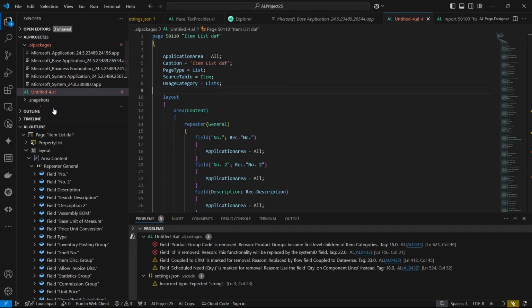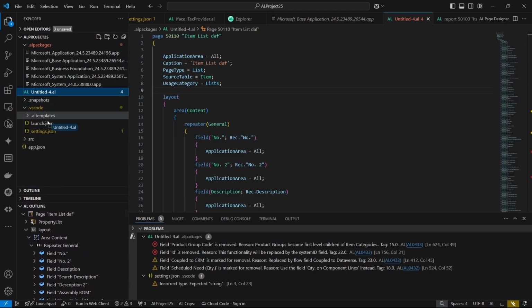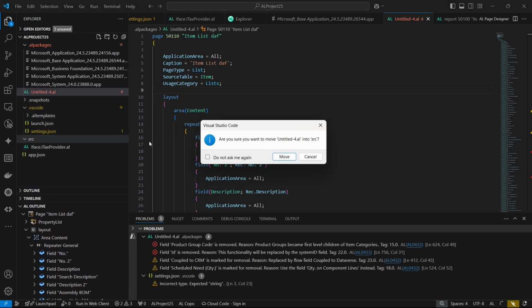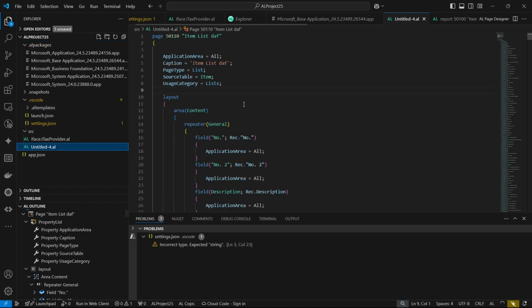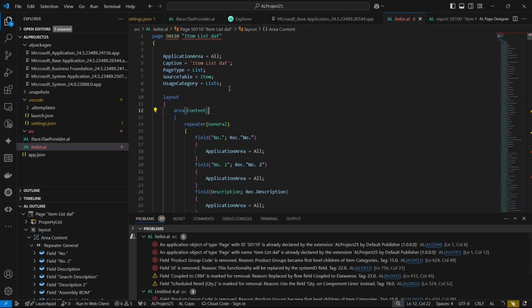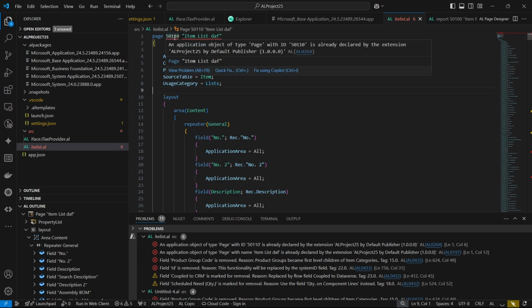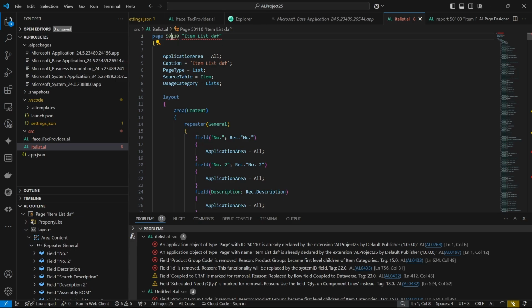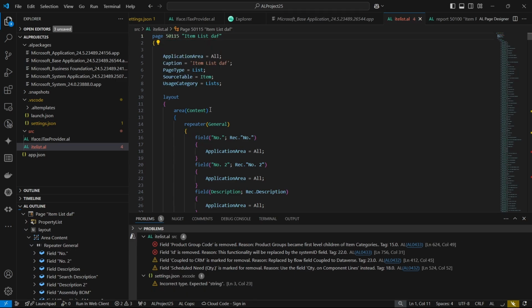You can move it to my source real quick. So once moved and I save it, come on. Okay, 115. I don't know. Why is it already existing? So once I save,